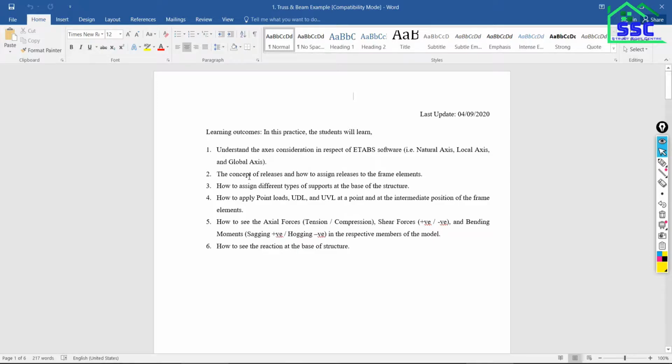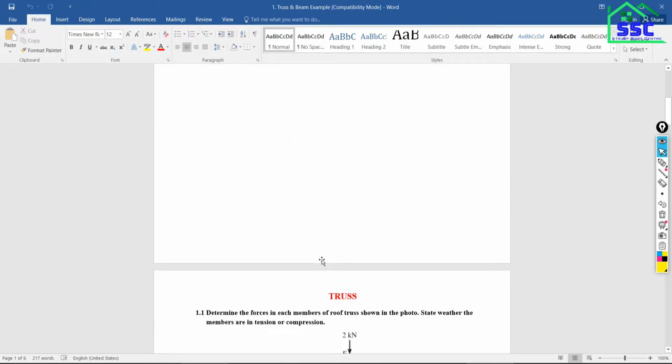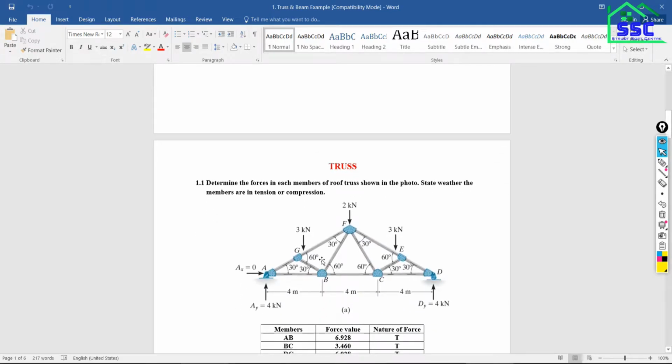Then what is meant by the concept of releases, what are the applications of releases, how to assign the different types of supports at the base of your structure, how to assign point loads, uniformly distributed load, uniformly varying load, how to see the forces in the members of your structure, and how to see the reactions at the base of your structure.